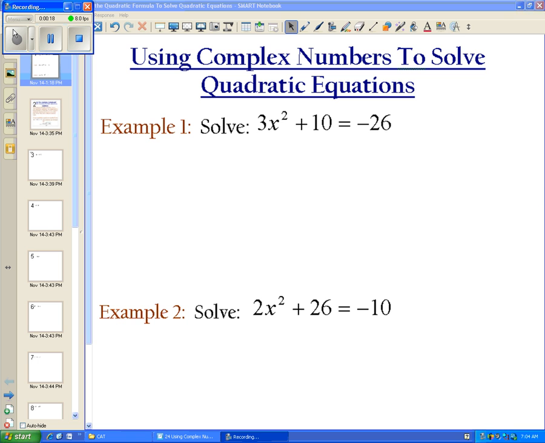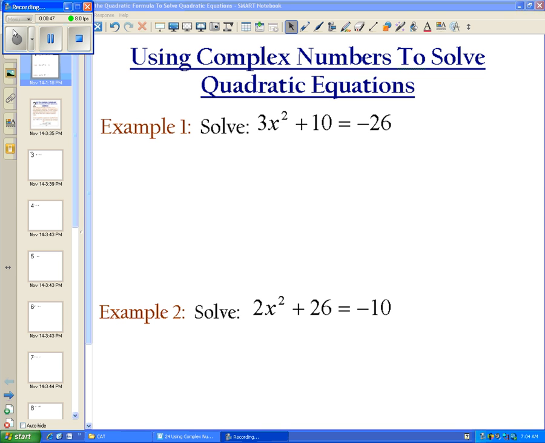Everything we've done today has worked up to try to find some way to solve, to find the solutions, the roots, the zeros of a quadratic equation. Today we're going to find the last example, the last way we can use to solve a quadratic equation, and it's also going to turn out to be a way that we can use on any quadratic equation. So let's go ahead and start by what we've been doing the last couple days of using complex numbers to